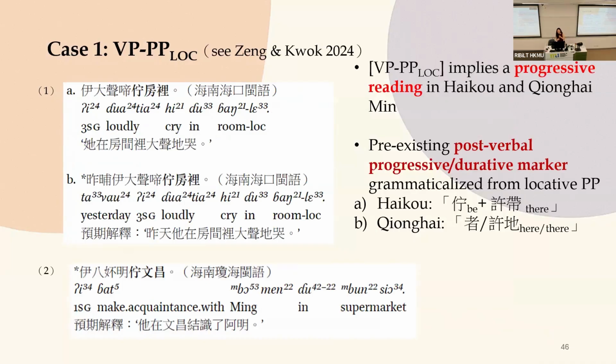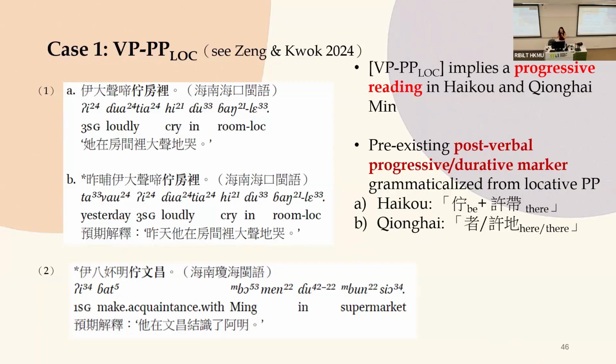However, at first glance we would say that in Hainan Min, the postverbal locative PP is extremely free. You can put it after basically everything and in all circumstances. But under finer examination, we realize that such a postverbal PP actually poses a requirement to the TAM, the tense, aspect and mood system, or the tense aspect of the sentence or of the VP.